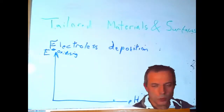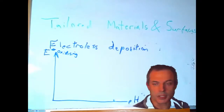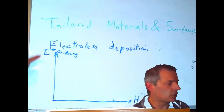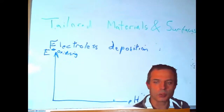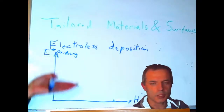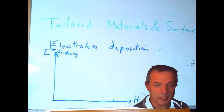You remember, or we will consider, that we can change the voltage by attaching an electrode, which is what we do in electrode deposition, and what we do if we were trying to protect our zinc boat using an electrical voltage. But we don't have to do that. We could apply chemicals to the water, because if we are doing an industrial process, we have control. So we can add oxidizing agents to push it up, or we can add reducing agents to push it down. However, there is a problem with the latency,